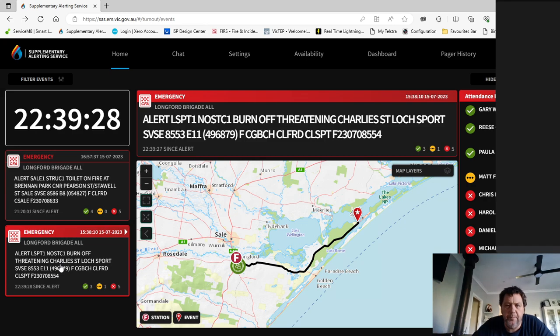Alert LSPT 1 Non-Structure Fire Code 1 Burn Off Threatening Charlie's Street LOCH SPORT SVSE 8553 E1149687 BRIGADES Paged CGBCH. Longford Brigade CLSPT